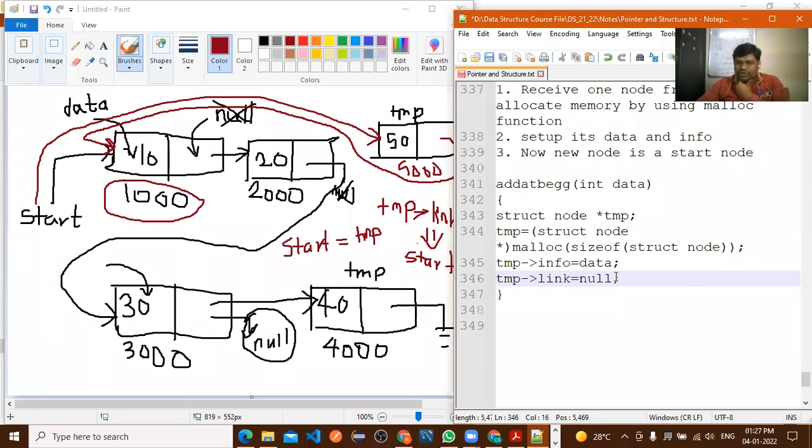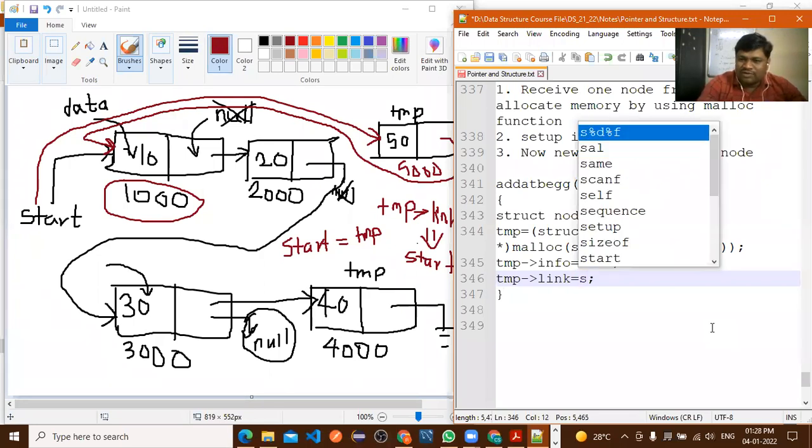Temp of info is equal to data. Now instead of null, directly आपण इथं हेच करूया. If else लिहायची गरज नाही. Temp of link is equal to what you need to write here. Condition check करायची गरज आहे का इथं? If start equal to null. Is it necessary to check? No. No. Let it be. It is first element or last element. Directly we are assigning them to the first, right? So temp of link is equal to what to write here?